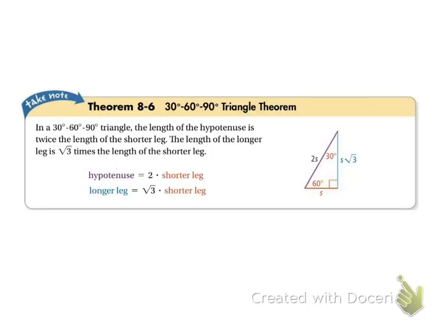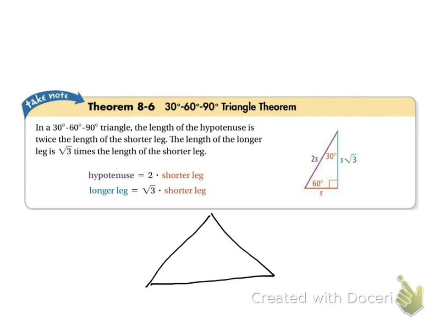This is 8.2b of geometry. So we're going to look at another special triangle. We're going to look at the 30, 60, 90 triangle. This one has 3 different side lengths since it's not an isosceles triangle: s, s root 3, and 2s. So you can either just memorize that, or let me show you the proof of it, how we can figure